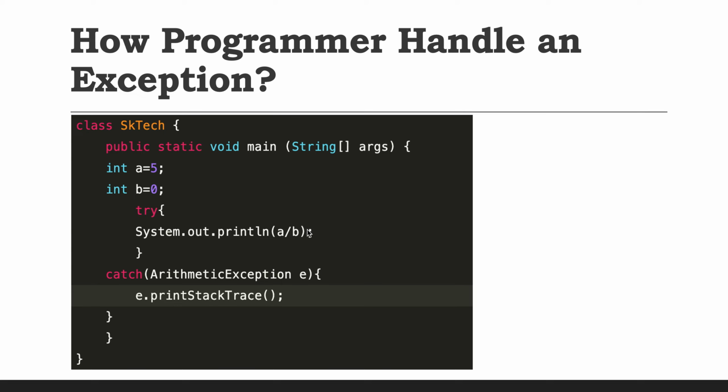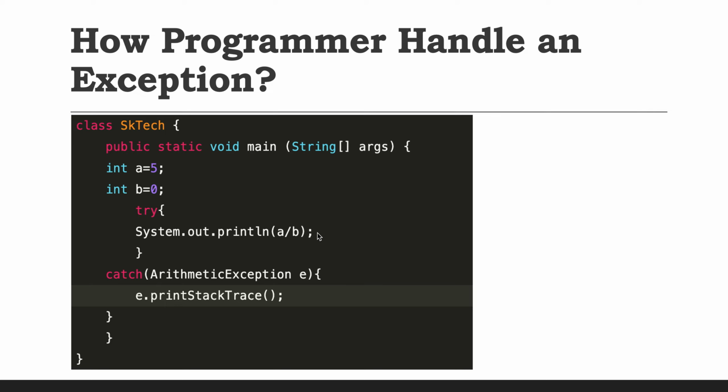We know that this statement is going to throw some exception. What kind of exception can it throw? Based on our experience, we know this is an arithmetic operation, so it is going to throw an arithmetic exception. There is an exception class provided by Java called ArithmeticException. So we will put this piece of code inside the try block, because here we have hard coded the values, but let's say these 2 variables come from some input. There is a chance that this program runs successfully, and also a chance that this statement could create an exception.